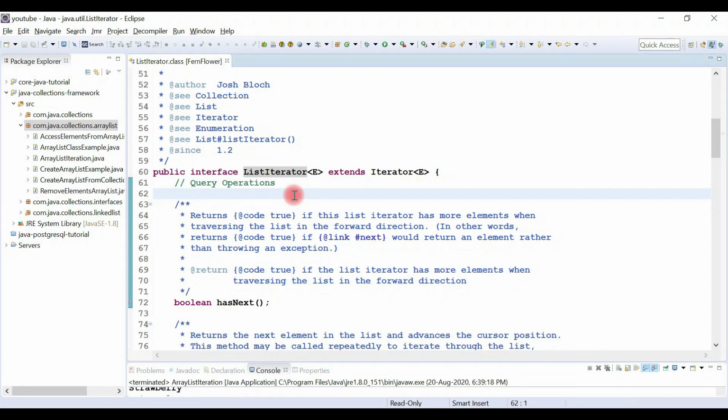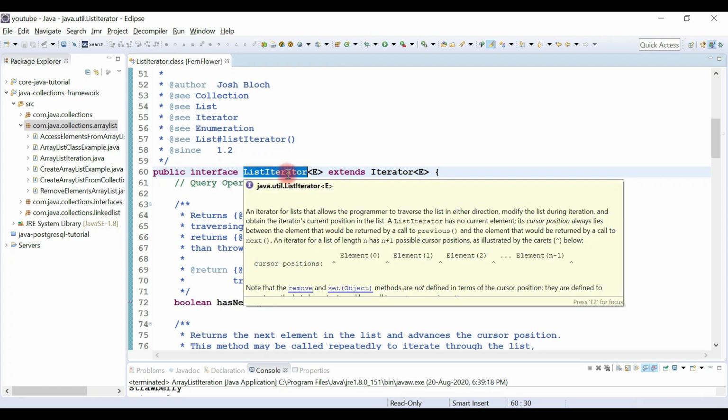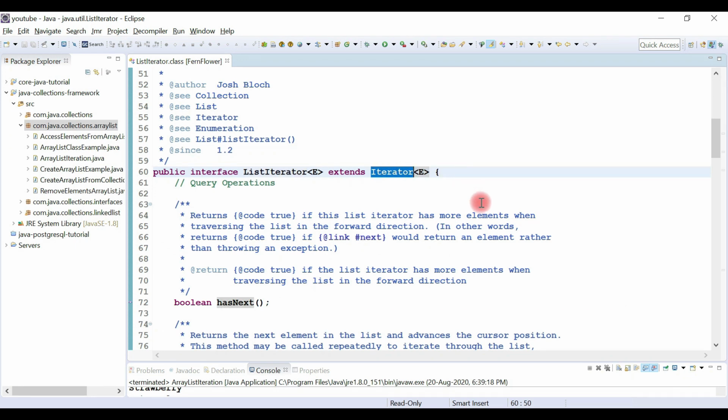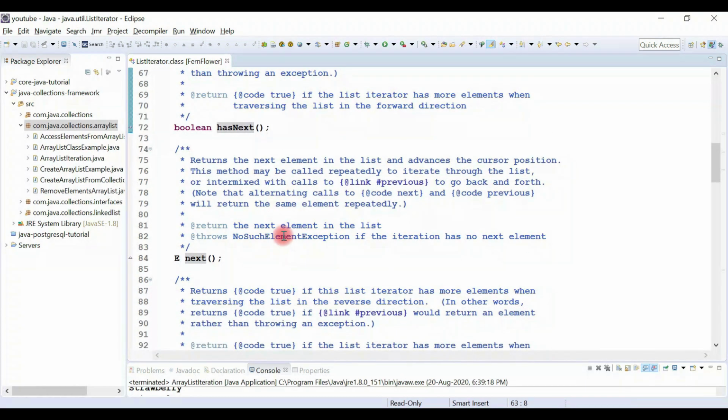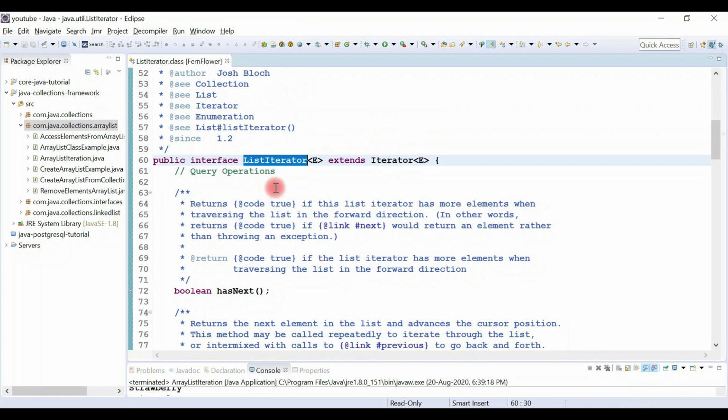In this video I am going to talk about ListIterator. Well, in Java, ListIterator is an interface in the Collection API. It extends the Iterator interface. So this is the internal source code of ListIterator. Look here, this is the ListIterator.class file, and I have decompiled this .class file in Eclipse IDE using a decompiler, and I just want to show you the internal implementation of ListIterator.